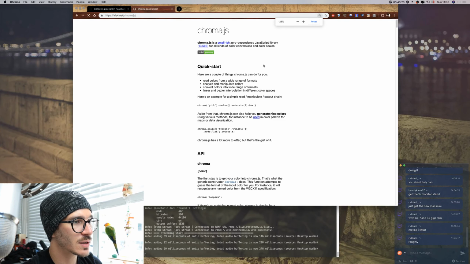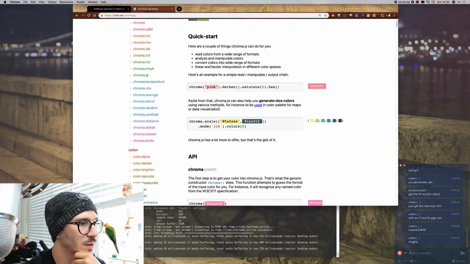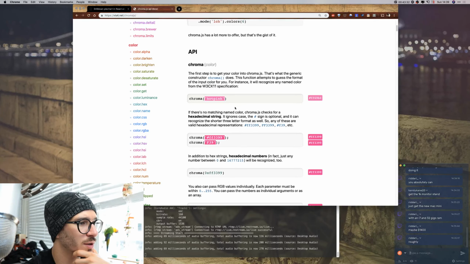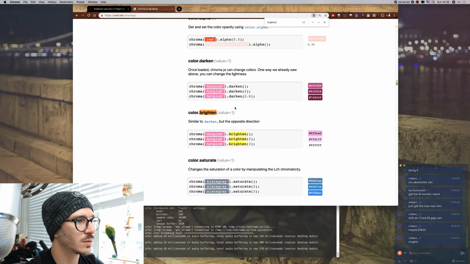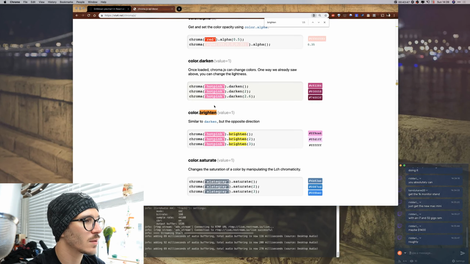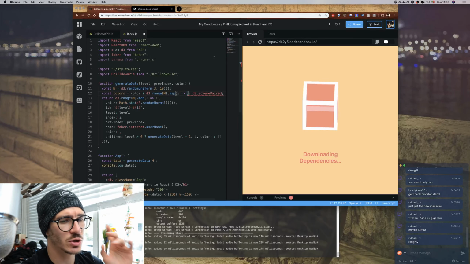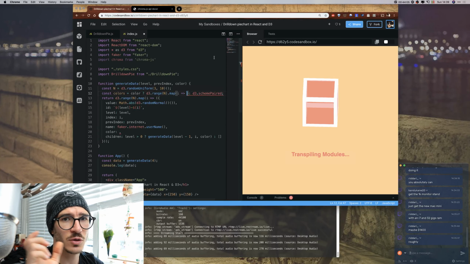And let me zoom in so you guys can see how it works. So we're going to take a scale. No, let's just do darken. Or should we do brighten? Brighten, 1, 2, 3. Perfect. Similar to darken, but the opposite direction. Okay, so what do we take? Chroma. So import Chroma from Chroma.js, but not from child process. Chroma.js. So for each index in our D3 range of n, we're going to